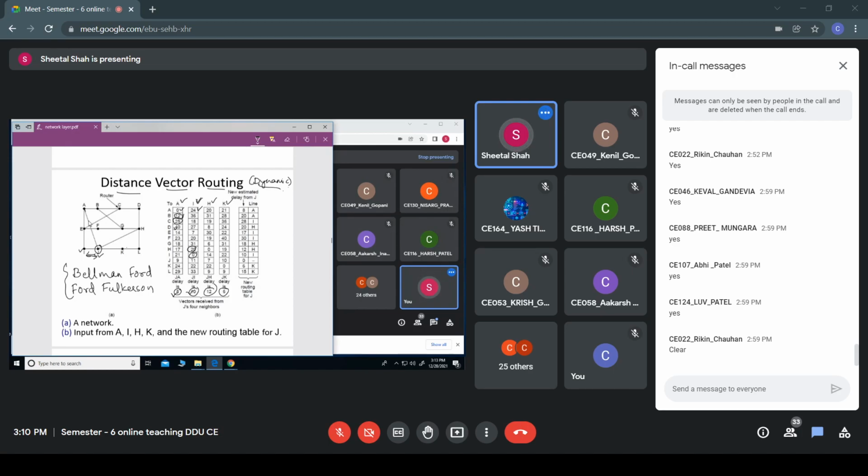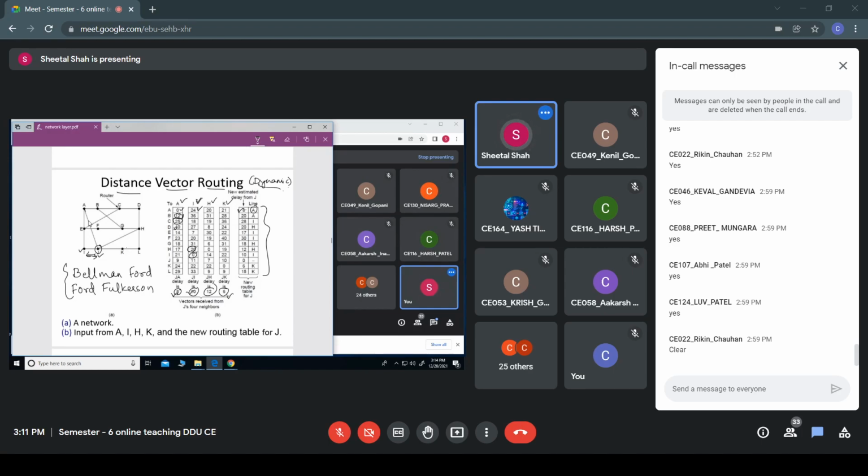Okay, so now once it has got this delay from J to each of its neighbors, it would construct a new table which is provided here. Now you can see that to reach A, the 0 is summed with 8, so it would be 8. 24 is summed with 10, so it is 34. Then 20 plus 12, 21 plus 6 is done. The minimum of this would be this one, 8. So it would make an entry saying that A can be reached at cost 8.